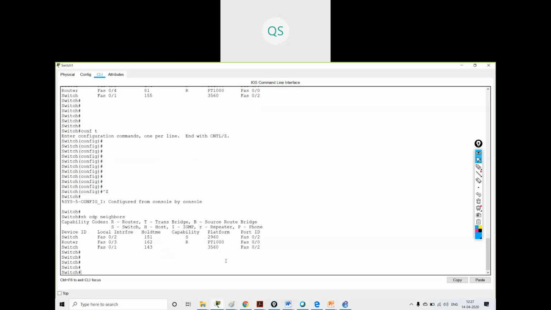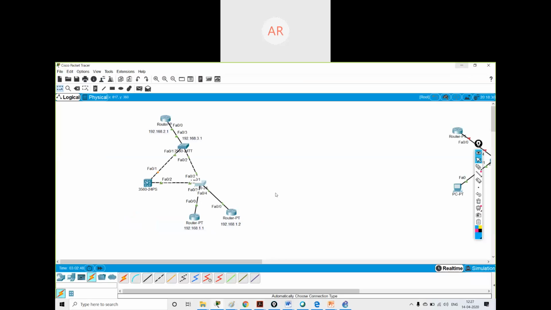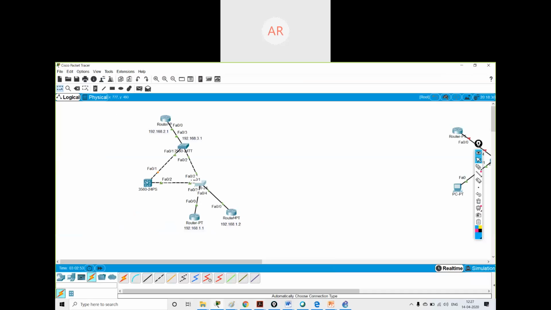Okay, sir. But if we have to configure no CDP enable on both sides, we can't guarantee that the ISP will do it on their router, sir. I don't think you need to do this, because the ISP will not do it. Maybe we can do it on the last and second last routers of ours. Sorry, I didn't get your question, come again. If we have to do no CDP enable on both sides, we can't expect the ISP service provider to do that on their router, sir. Correct.